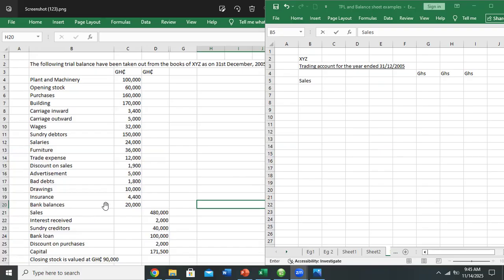Great. So if there is no return inwards, I indicated to you, your sales figure goes straight under the third column, 480,000. There's no need for you to less returns because there's none. Okay. So our total sales is our net sales. We move on to look at the cost of sales. I want to believe professors were not confused at this point. Okay. So for cost of sales, what do we do? Which item do we put first?